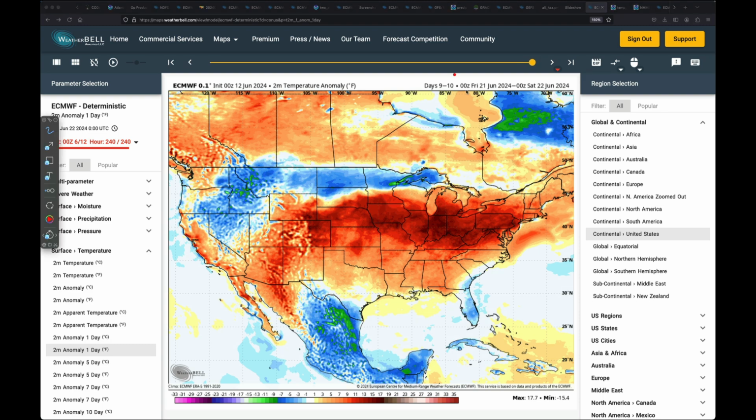The reason I'm showing you this one is because while we're confident about the anomalous heat moving in here, we have seen this shift back toward the west from the ECMWF as we get out into the end of next week. That would keep some higher temperatures around, some anomalous heat across the central part of the country, the central and western Corn Belt, overlapping with some areas that have lingering dryness, lingering drought, compared to parts of the central Corn Belt that have been very wet this spring, at least earlier,